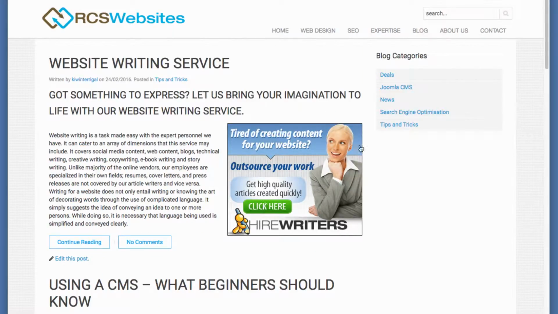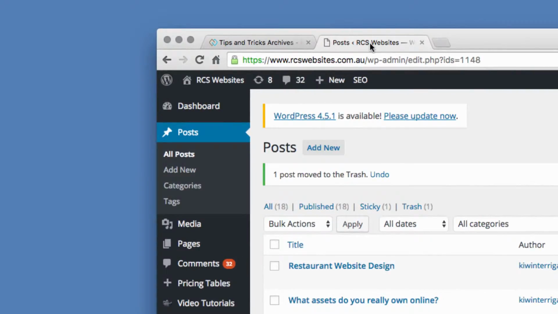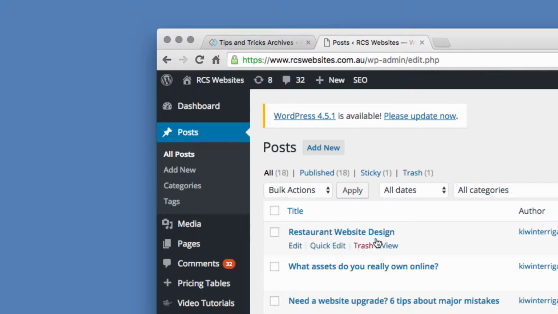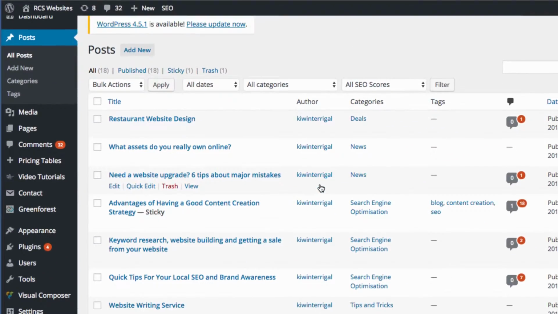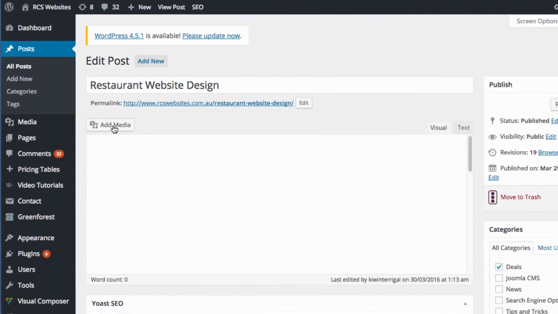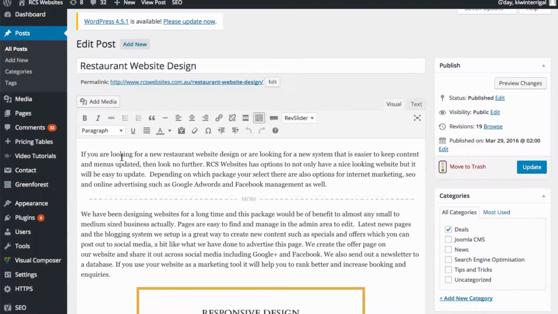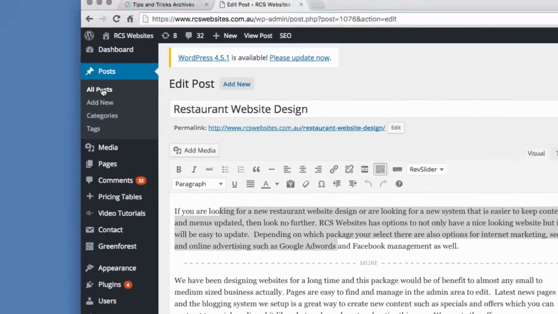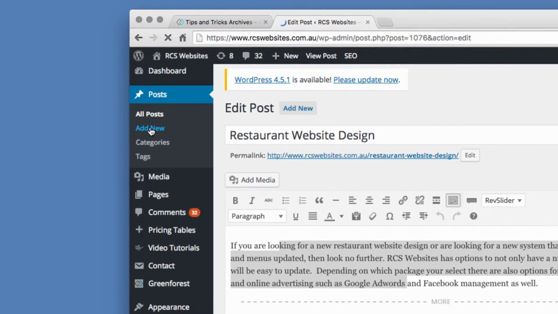So basically how this works is in the back end of your website, the dashboard, we go to the posts section, and all the articles in the website blog are located here. So to add a new one or to edit, if you want to edit, you can just go to the edit page. You can create some new content. There's your read more and update the page, and just tick to assign it to a category and update the page. To add a new one, you select add new,